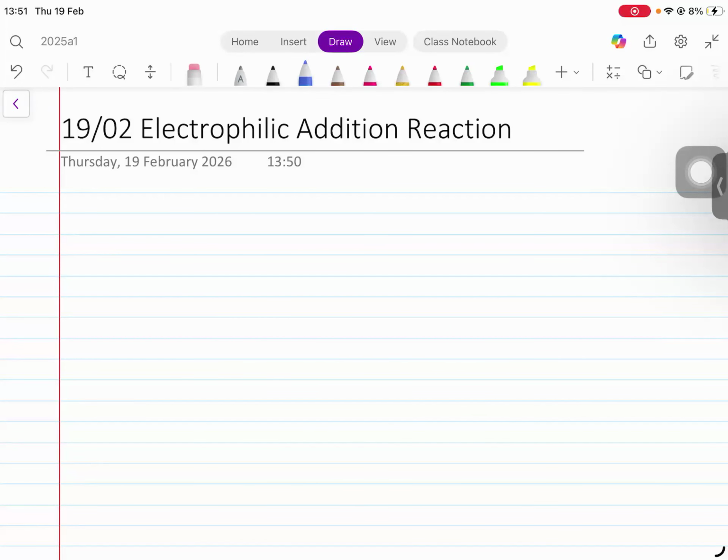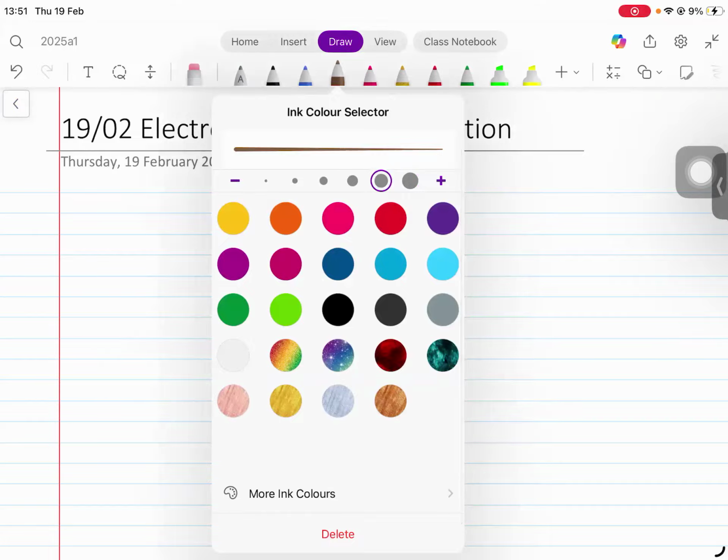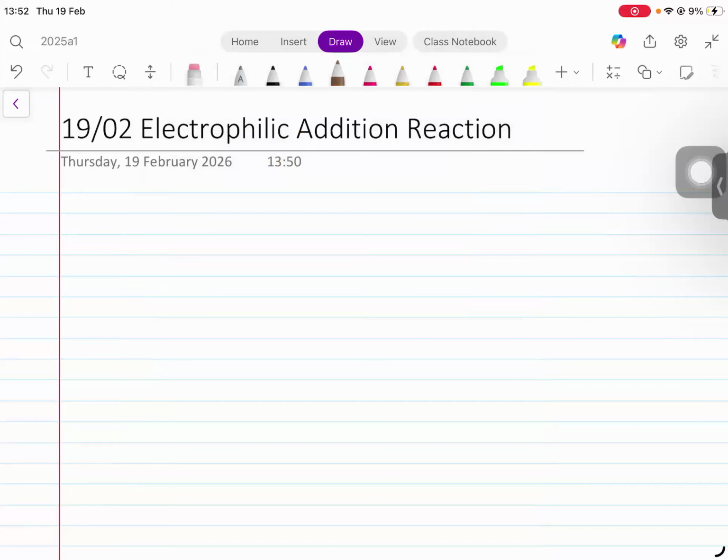Today we're continuing with the electrophilic addition reaction, the mechanism which is one of the alkenes addition reactions. We had a couple of examples yesterday, and now we're continuing with more examples, right? For example, if you look at this, CH3, CH double bond CH2 plus HCl. This is propene, and we are going to react propene in this example